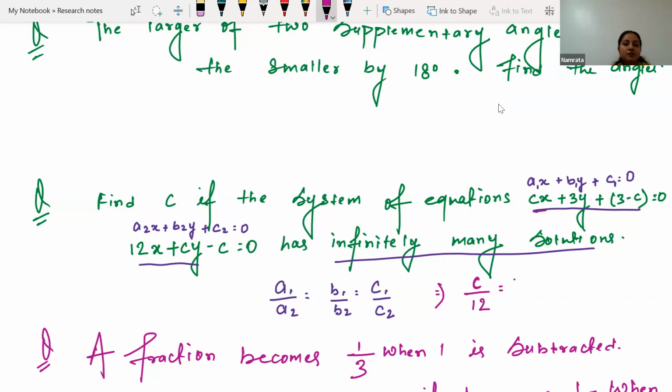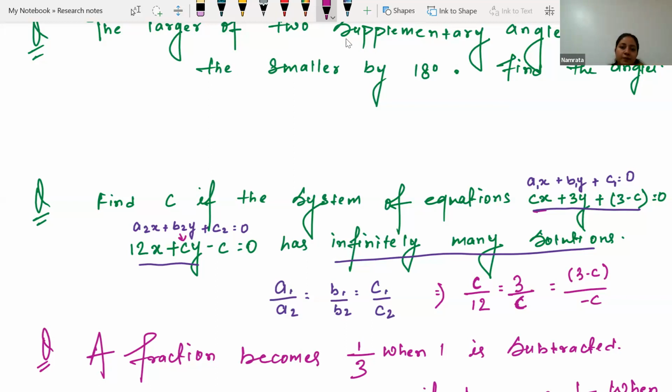What is b1? 3, 3. Perfect. What is b2? B2 is c. Just c. What is c1? C1 is 3 minus c. Perfect. What is c2? Minus c. Perfect. Once we have written this condition, now we just have to solve it by taking any two equations at